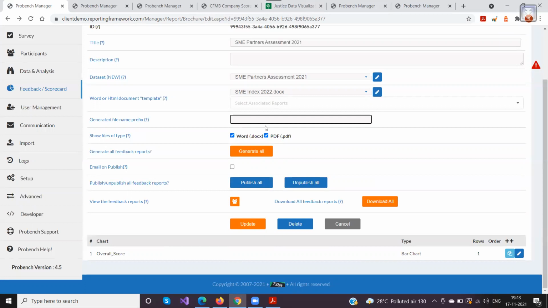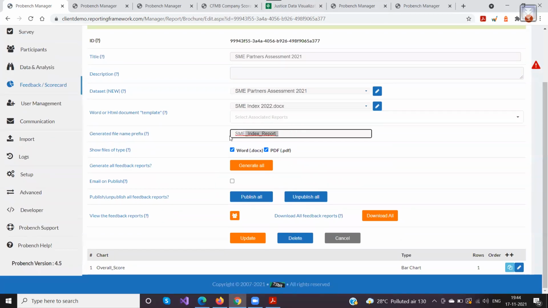So this can be index report, and then I click on underscore. I added the underscore at the end because this is named as prefix, so after this underscore, the name of the company would be automatically added to the file name. Okay, I'll show you that when I actually generate this report.